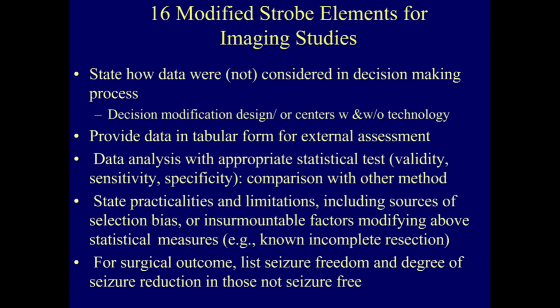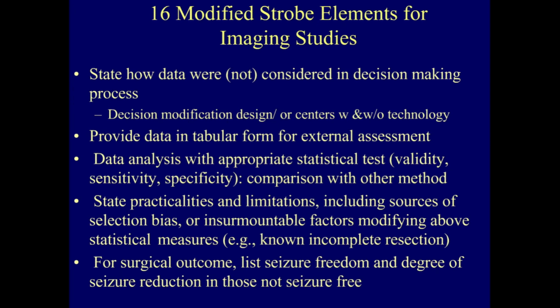It is important to state how the data were or were not considered in the decision-making process, and we have talked about study designs involving decision modification or comparing centers with and without that technology as examples for how to address this issue. It is important to be able to provide the data in tabular form on an individual basis